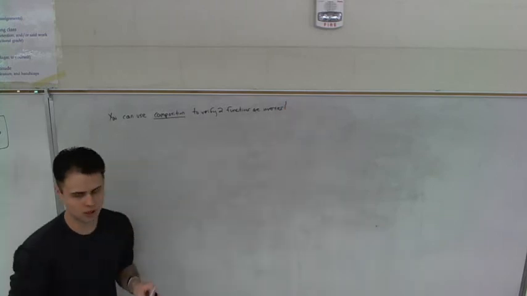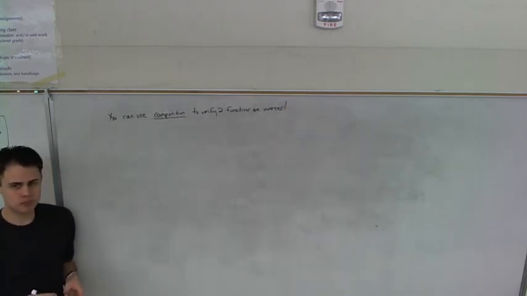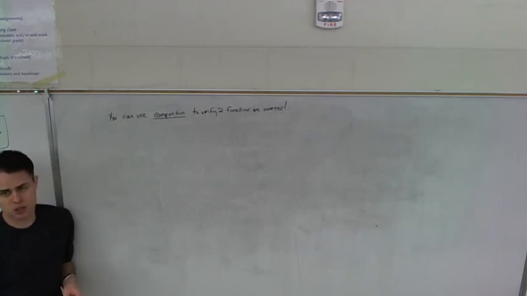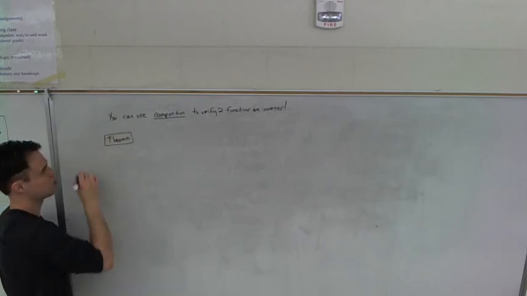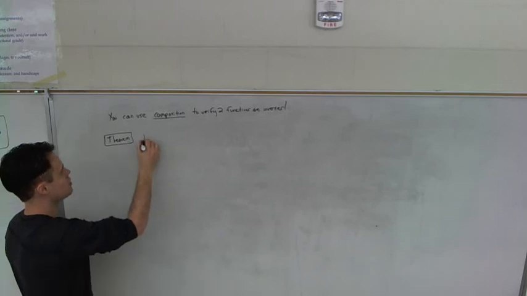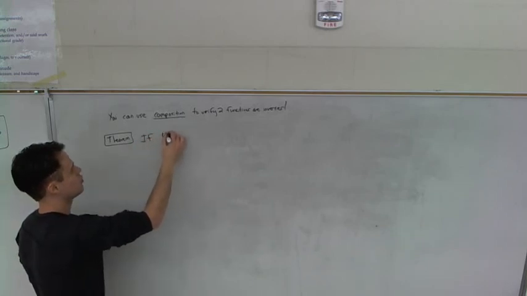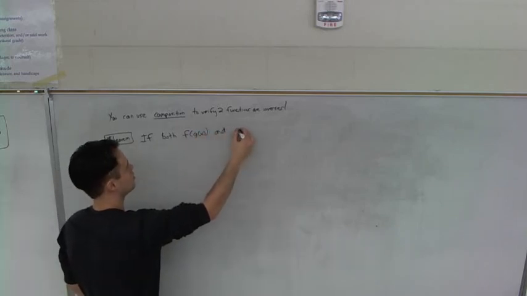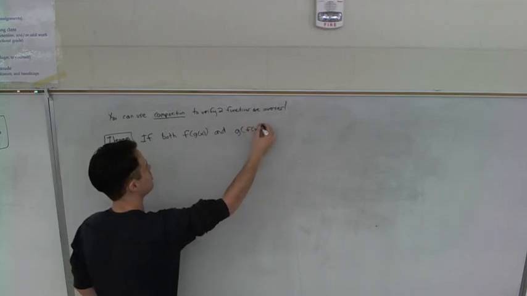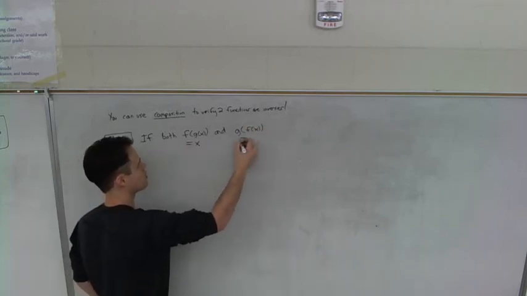Okay, so the last thing we're going to do, what we learned in the last section, that composition operation, one of its purposes, just one, it's used for tons and tons of stuff. One of its purposes is to check whether functions are inverses or not. So, there's this theorem. It's a pretty simple theorem. Here's what it says. It says if both f of g of x and g of f of x,